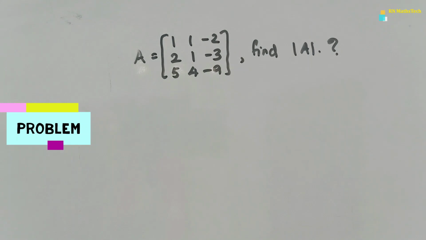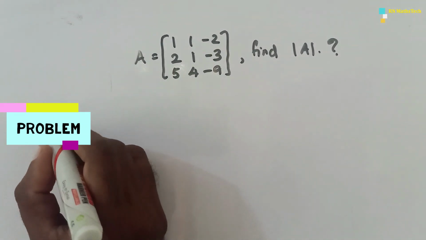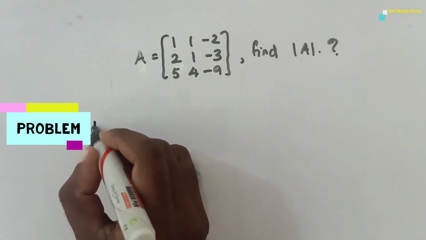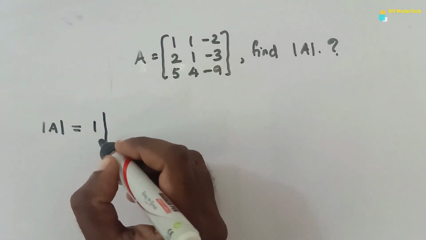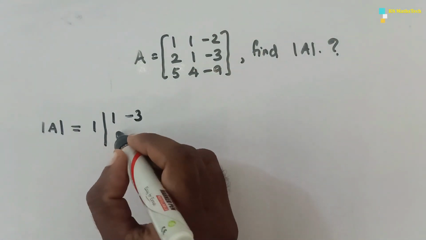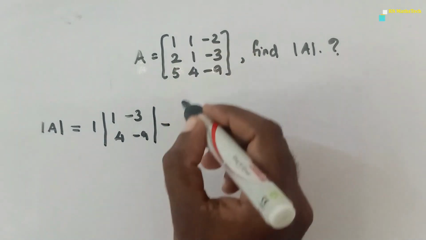A is equal to matrix 1 1 minus 2, 2 1 minus 3, and third row is 5 4 minus 9. We have to find the value of the determinant. So we can expand this determinant along the first row. Determinant of A is equal to, first row 1 into, deleting the first row and first column, we have 1 minus 3, 4 minus 9. Now next is negative sign, negative 1 into,